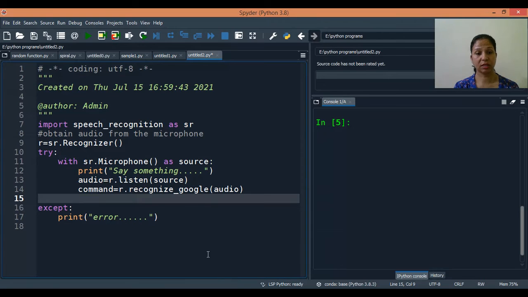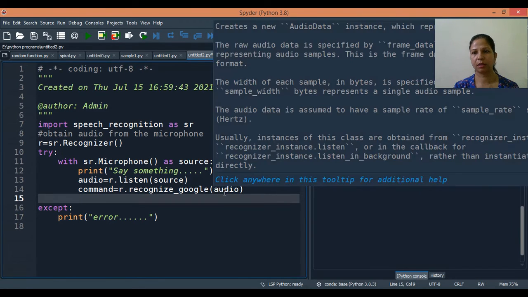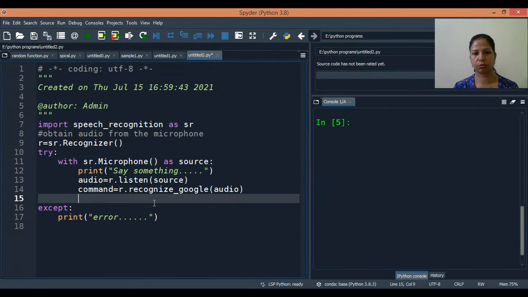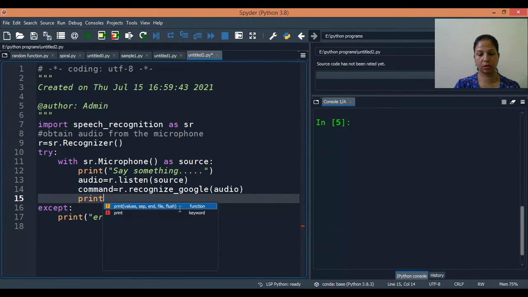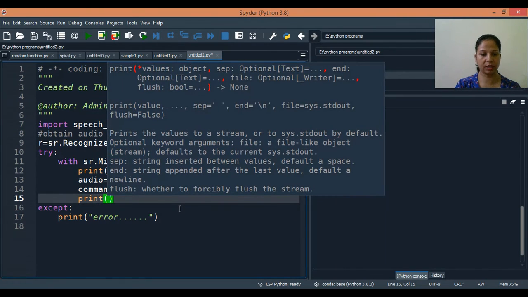Now what is this recognize_google? This is the Google Web Speech API. Just remember one thing, this always takes an argument, so do not keep it empty. You have to give the argument which is taking the value from listen. Now I'll use print to print whatever is recognized, so I'll use "You said".